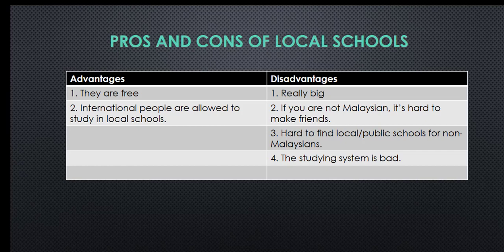So yeah, that's what I found to be the disadvantage of learning. So number 2, okay, this is what I experienced the most. If you are not Malaysian, it's really hard to make friends. Oh my god, guys, I used to get bullied, literally, for not being Malaysian. When you go to a crowded place with 500 to 700 students, you will be the only one that's white. Okay, I'm not being racist or anything here, but I came from a really white country.